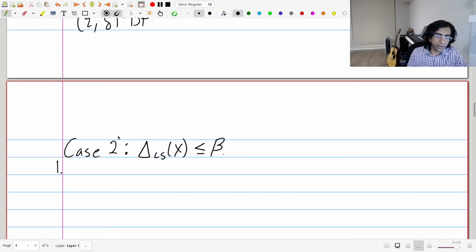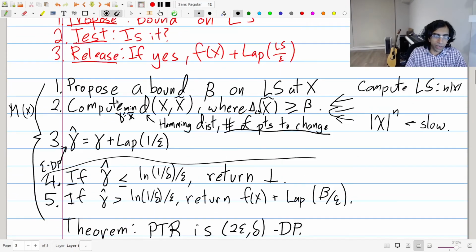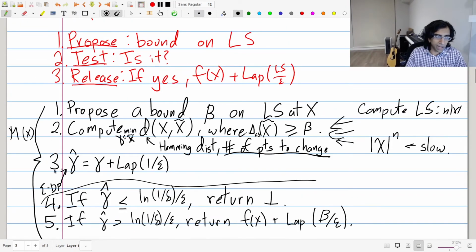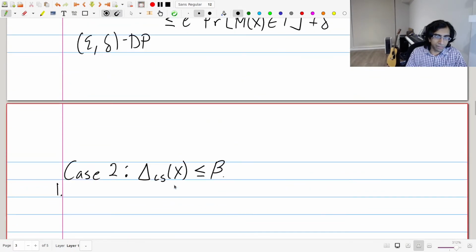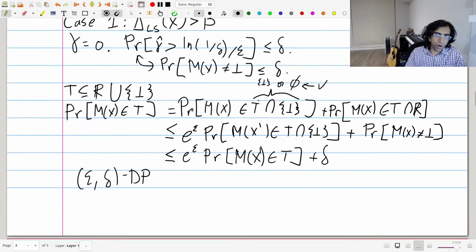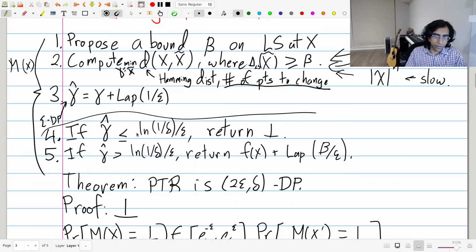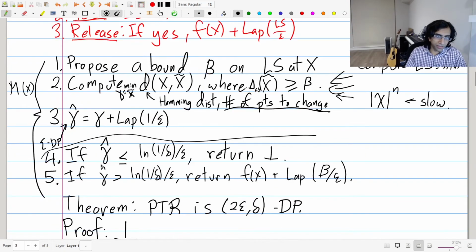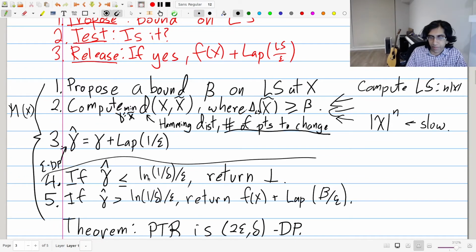Step 1, the way I broke it up before: the first algorithm is to release gamma hat, the privatization of gamma, which is epsilon over 2 DP. The second one is to check this value. If gamma hat is small by chance, which it may be, then just release bot. But in the other case,